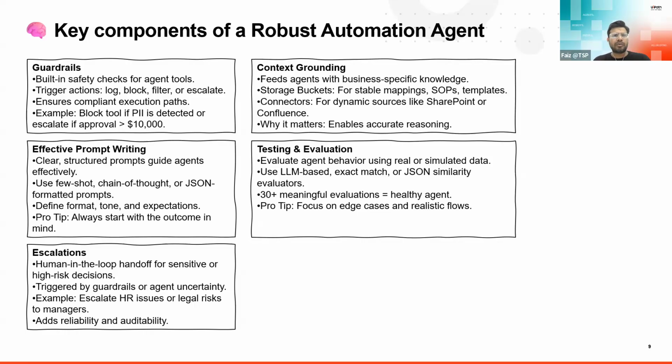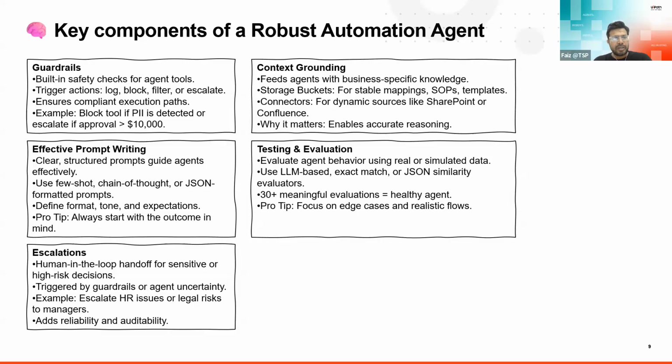So there we have some key components to build a robust automation agent. If we start from the guardrails, building an agent is an easy task. We can build an agent for POCs, but for building an agent for the enterprise, we need to guardrail the agent, which means we need to monitor the agent and validate the values the agent is producing. Here we have some points: built-in safety checks for agent tools, trigger actions like log, block, filter,